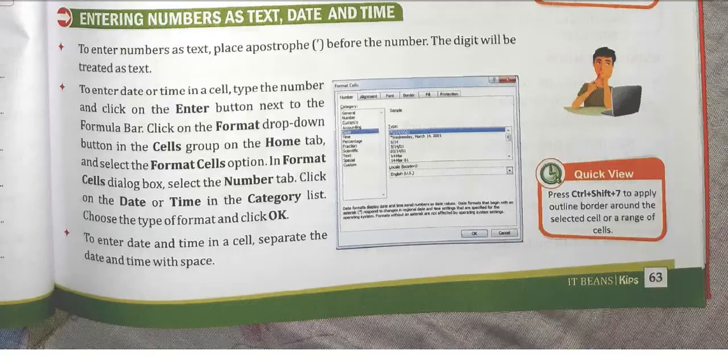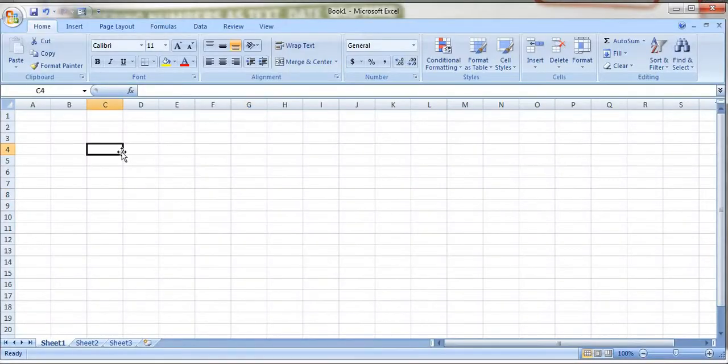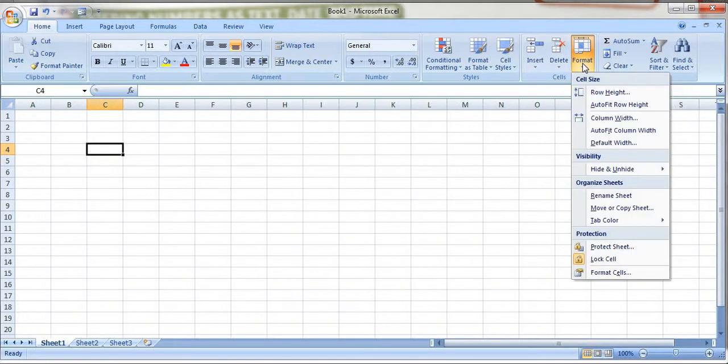So see, don't write anything yet, just select a cell where you want the date. After selecting the cell, go to the home tab, which is already selected. Inside this home tab we have the cells group, and inside it we have the format option. Inside this we have the format cells option.